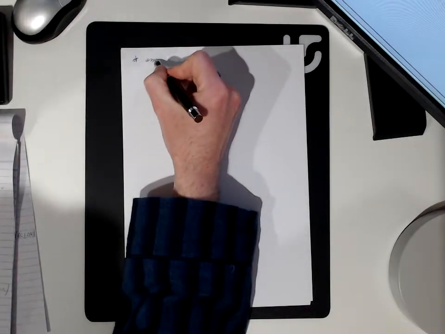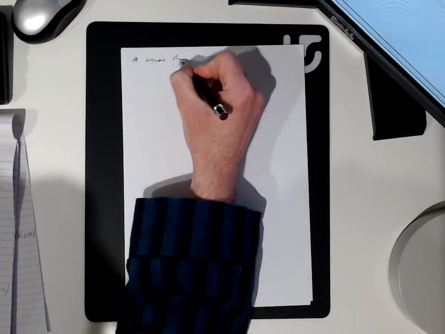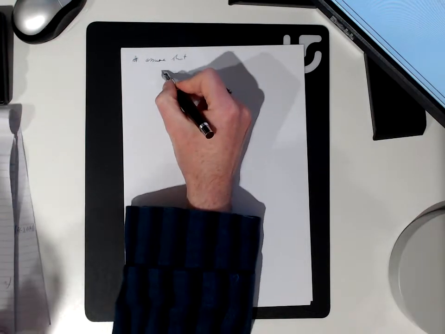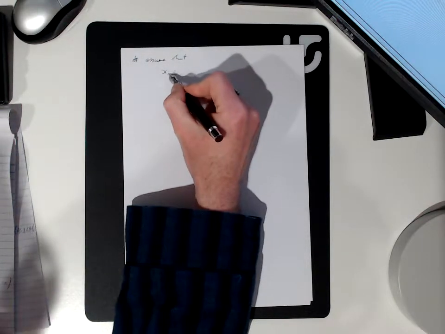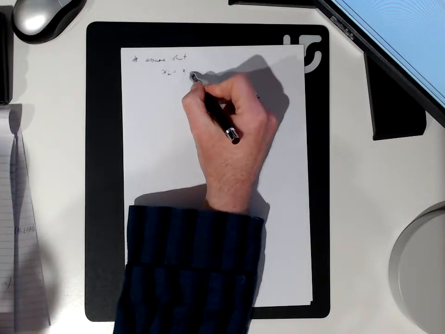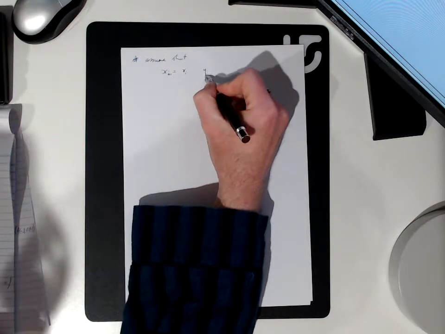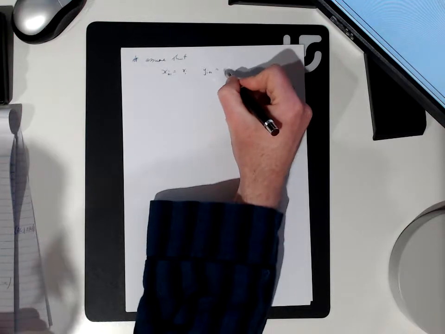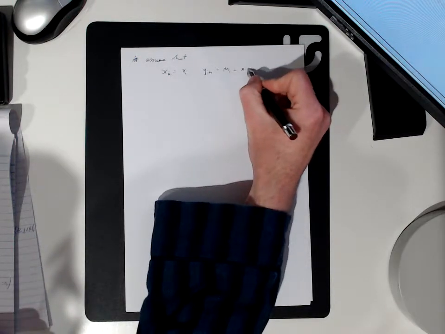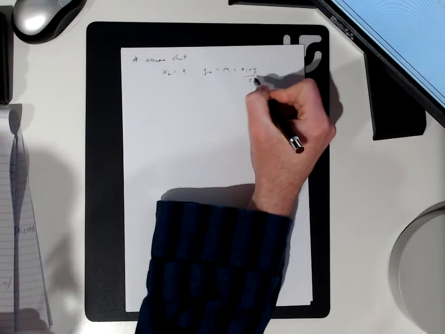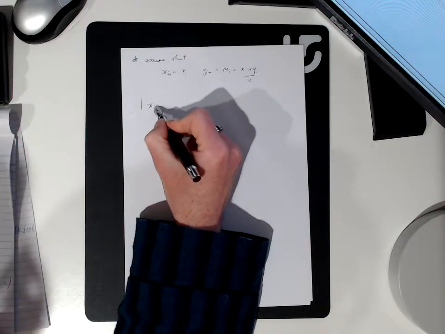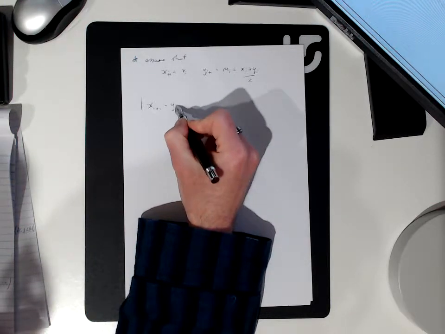So assume that x(i+1) equals xi, and y(i+1) equals mi, which equals (xi plus yi) over 2. Right, then x(i+1) minus y(i+1)